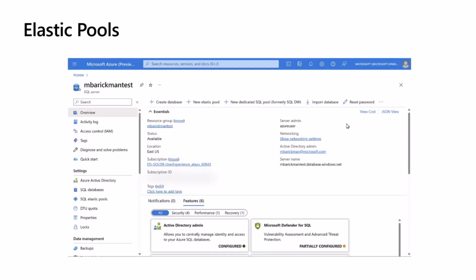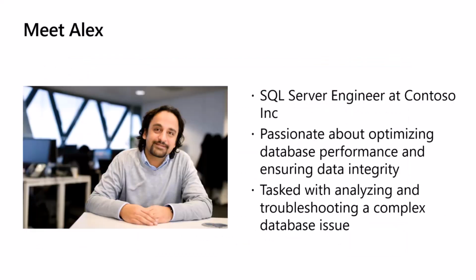So next up, let's meet Alex. I am introducing Alex, who is a skilled SQL Server engineer with a passion for optimizing database performance and ensuring data integrity. Alex has been tasked with analyzing and troubleshooting a complex database issue that has been impacting a critical application's performance. So one Friday evening, while Alex is home enjoying some well-deserved downtime, maybe even sitting on their couch,